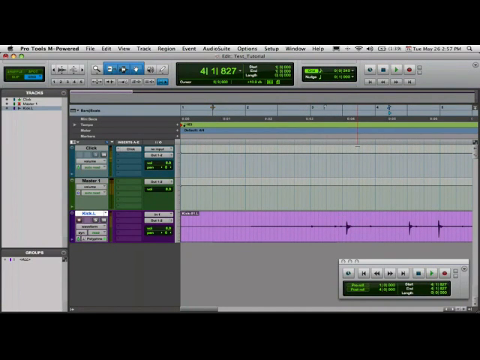So that's pretty much the tools that I mainly use. There's other tools in here that I'll get to in more future videos, but I guess I should also say there's a couple main windows here. The main window we're looking at right now is called the edit window, and then if you hit command equal or control equal on PC,